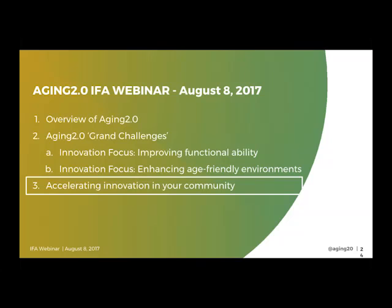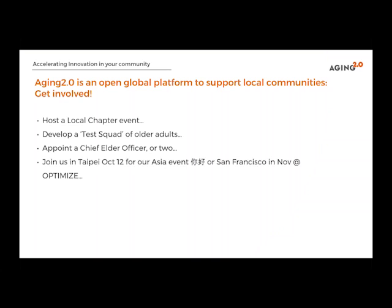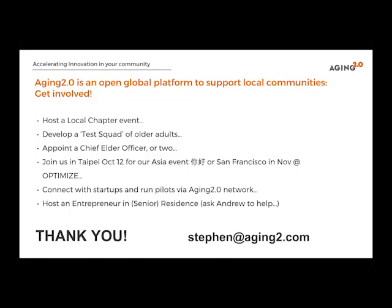So, the final topic, as I wanted to leave some time for questions, is ways to get involved. There's a whole opportunity where we can have individual events. There are local chapters, as I said, about 60, where people can get involved. We would love to hear about needs that older people have. If you know about an unmet need that could be elevated to startups, it's really interesting. It's always good to hear what people need, and it's always good then to test